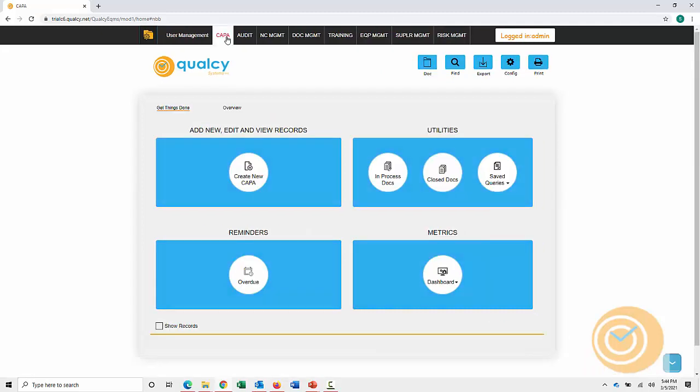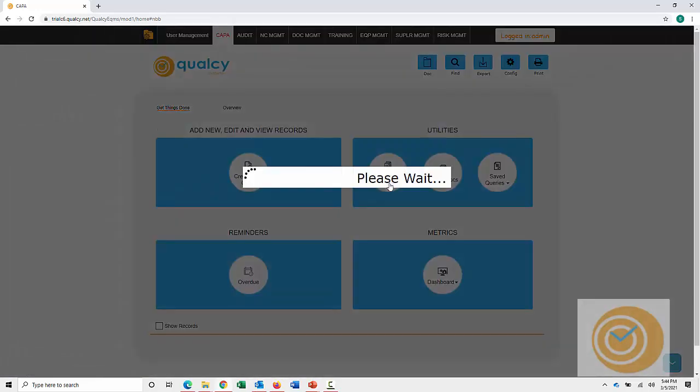So let me go to the CAPA module. In the CAPA module, as you can see, you have the option for creating the CAPAs. If you have already created the CAPAs, those would be available under in process documents. If those CAPAs have been closed, you'll see them under the closed records. So let me go to one of the in process